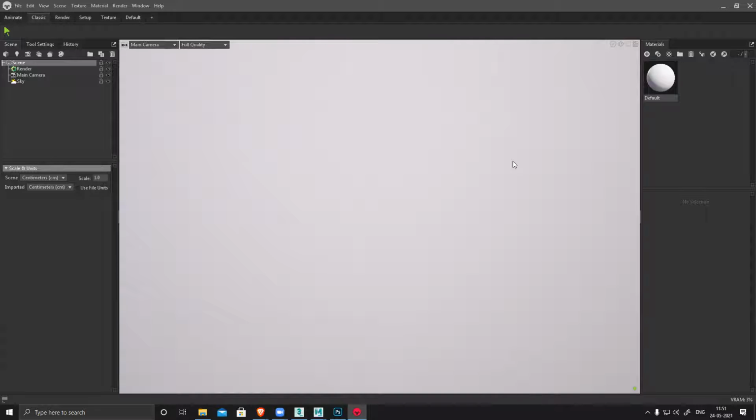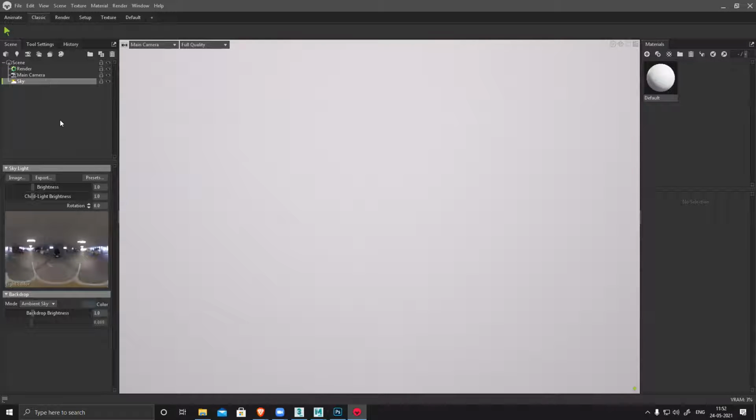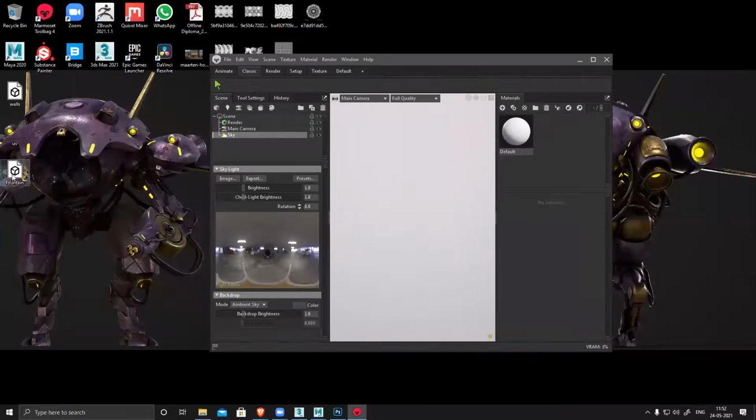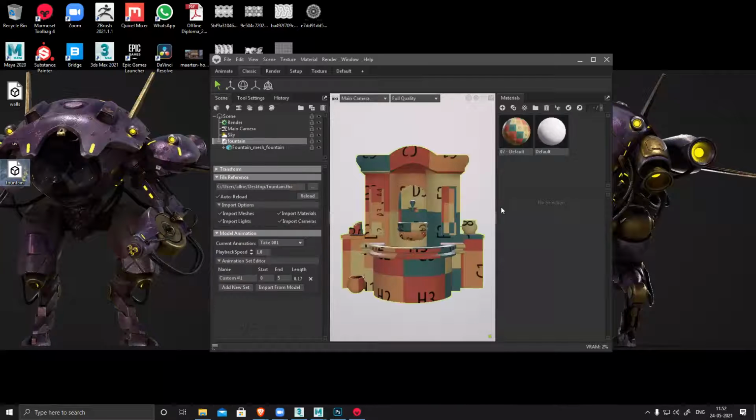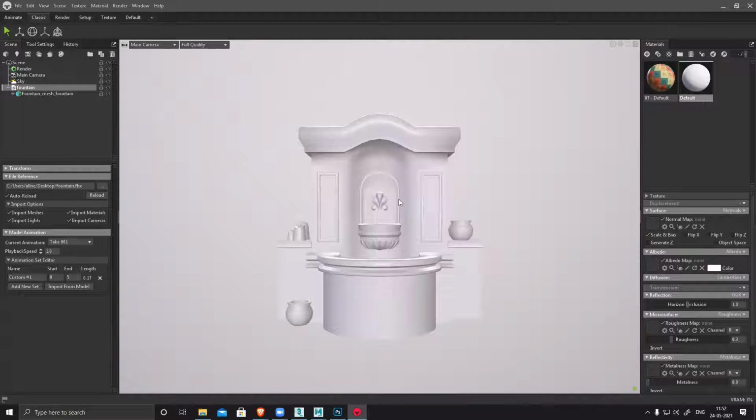So this is basically the default viewport of Marmoset. This is your viewport where you see your model and everything. On the left side, whatever you import, by default you have a render, what you want to render, some pass, some video, some image, or lighting. I'm not going into lighting and all because right now we're just going to bake our model. I need to bake an ambient occlusion for this. So I'll just drag and drop it here. It will automatically apply whatever texture was applied. So just replace it with white.